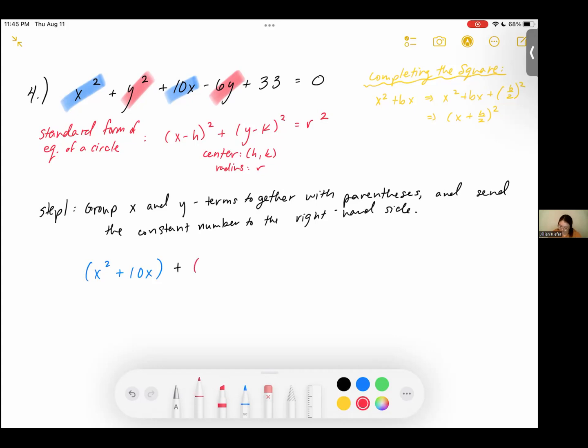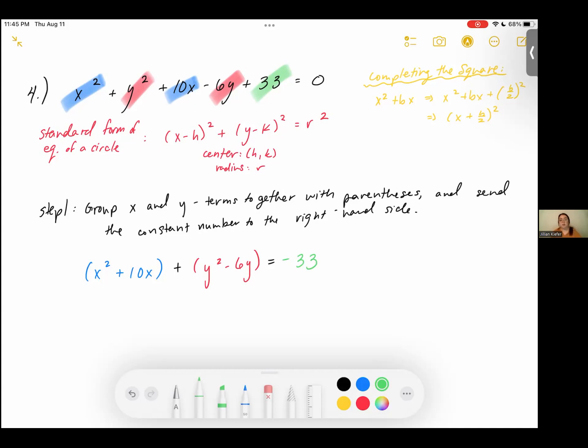So for our y terms, we've got y squared minus 6y, or plus negative 6y. And then this is equal to that constant number. A constant number we are sending to the right-hand side. The only way to do that would be to subtract 33 from both sides. If it were minus, you would add, so you're just putting it to the right-hand side. In our case, this means we subtracted, which means that we have a negative 33 on the end of our